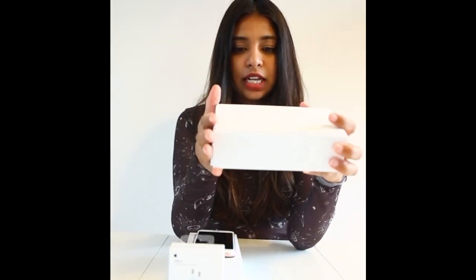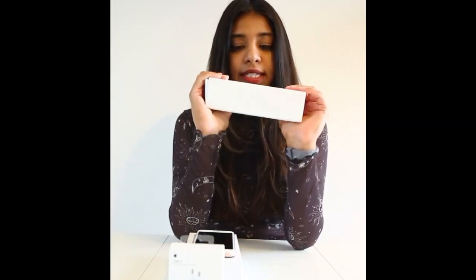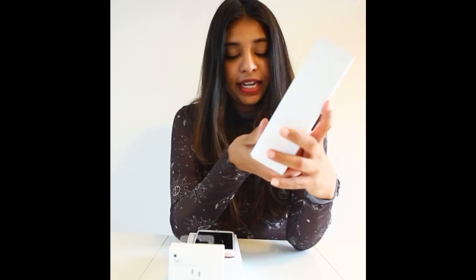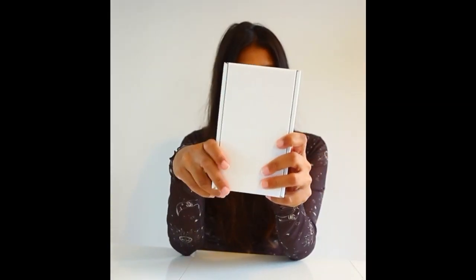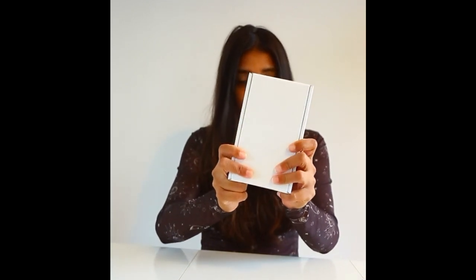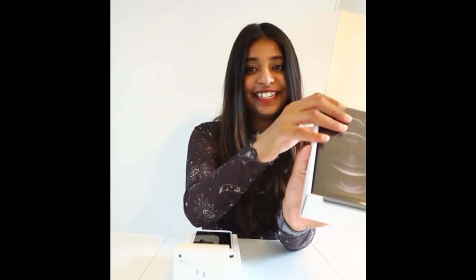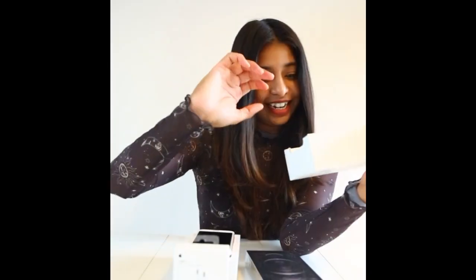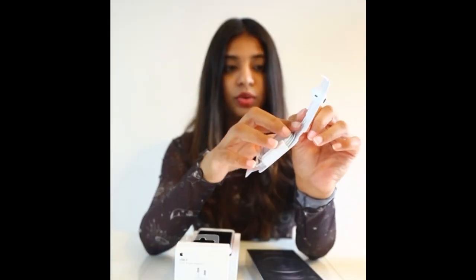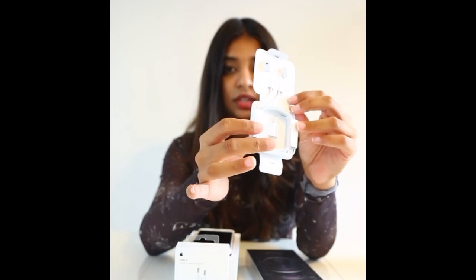At a first glance, you might see it's a white box. This is an Apple packaging especially for France because they had to include earphones. So that's why the box is slightly bigger. But when you open it, just like this, the iPhone box itself is there. Okay, and here it is. It's the normal earphones. Now I had to buy these two accessories additionally, MagSafe charger as well as the USB